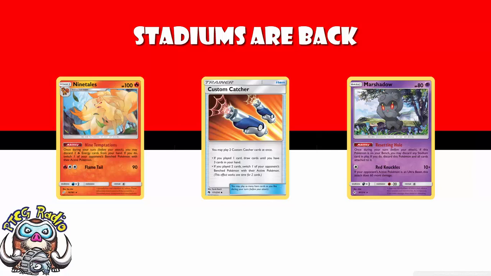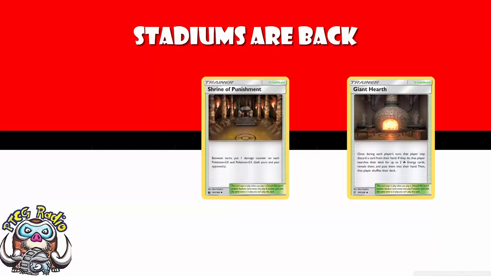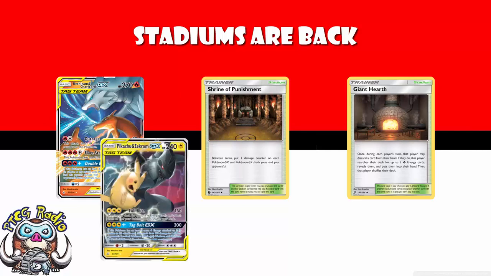As for the stadiums that have seen play, Fire decks have been all over Giant Hearth. It's just great for grabbing all of your energy. Shrine of Punishment has seen play. It has actually been teched into, weirdly, some Reshiram and Charizard decks, so that they can then hit 240 on a Pikachu and Zekrom, while also boosting up their Outrage attack, whose damage depends on how much damage is on